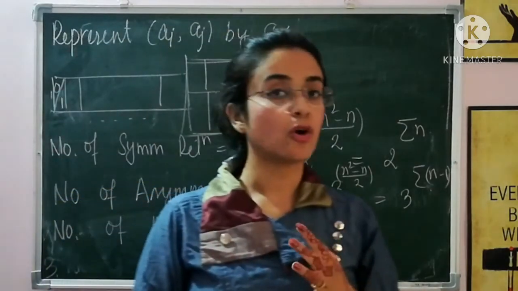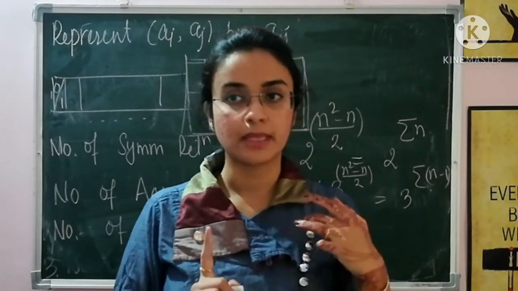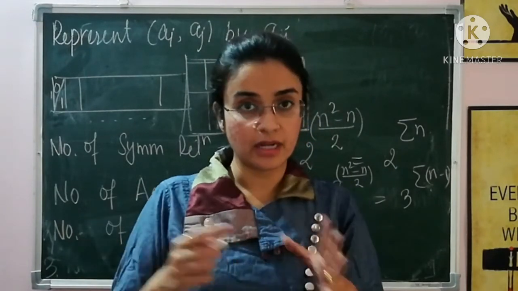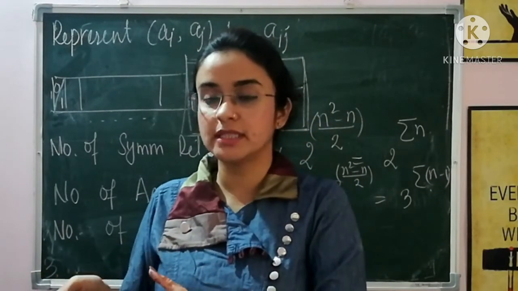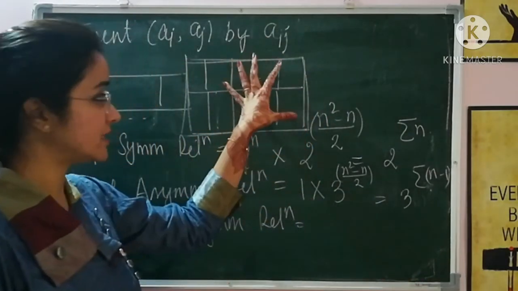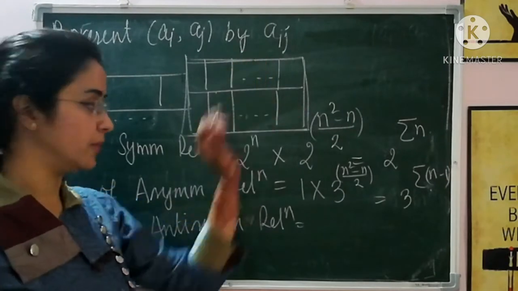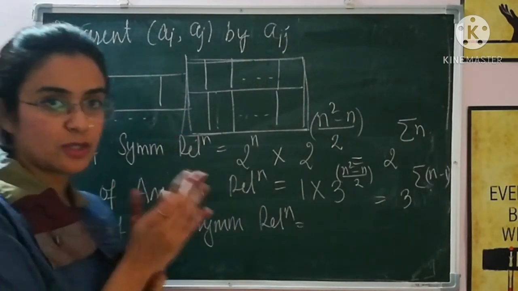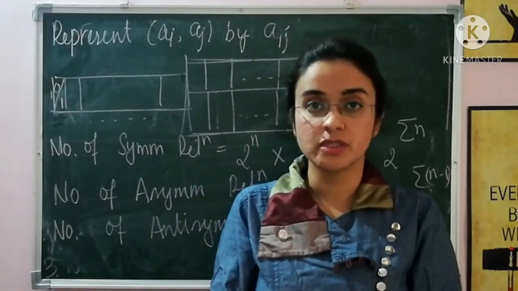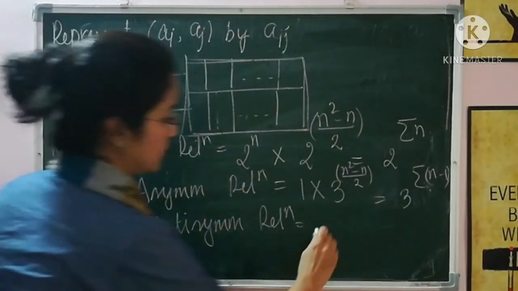यहाँ पर भी I can not choose both of them together, मतलब AIJ और AJI हम एक साथ नहीं चूज कर सकते, because if the relation is antisymmetric, this will force the component to be equal. AI has to be equal to AJ, but this box is strictly for unequal components. I have option, यहाँ पर तो मेरे पास option है, मेरी मर्जी. If I'm choosing A comma A type or I'm not choosing A comma A type. So there are 2 raised to the power n numbers.